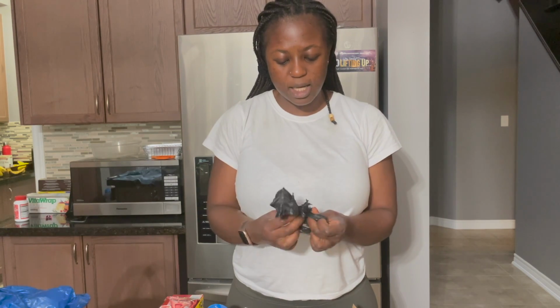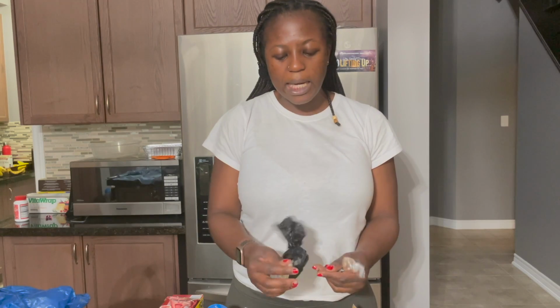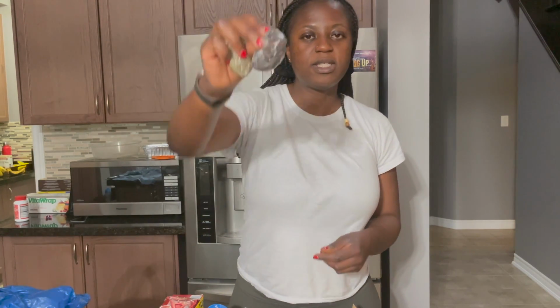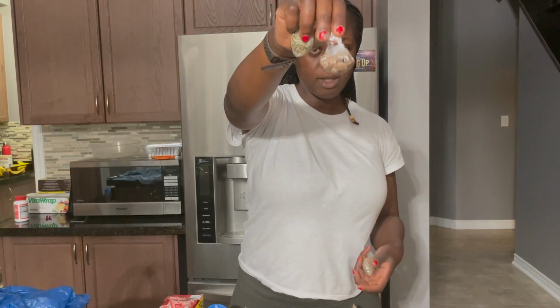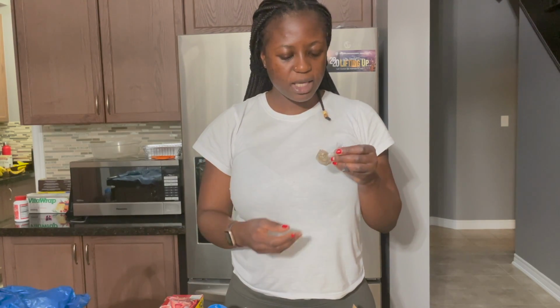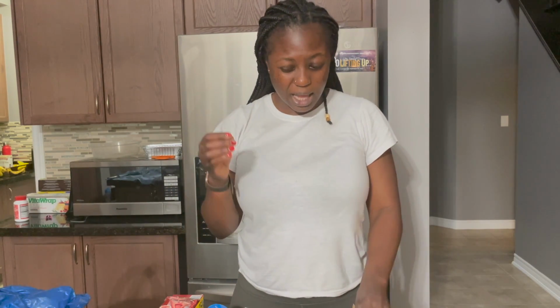I'm honestly so excited. Why can't I open this? Yeah, so I just have tiny amounts of rosemary, tiny amounts of huentia, which is grains of selim, tiny amounts of huidiaba, which is calabash nutmeg, and then tiny amounts of nkite, which is anise seeds. And it's really interesting, the anise seeds that you get here, they don't smell or look like the anise seeds